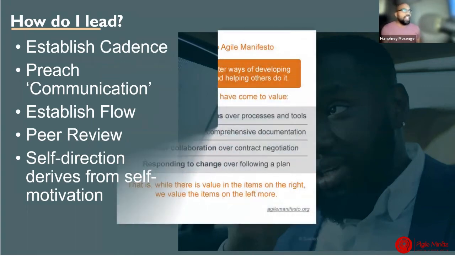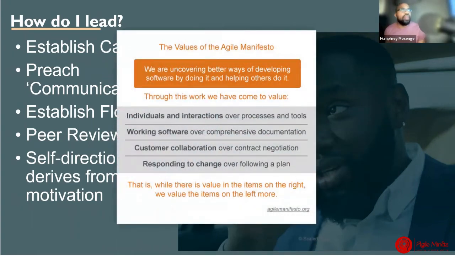And most of the stuff, again, is derived from the Agile Manifesto. Basically, like it says here, we are uncovering better ways of developing software by doing it and helping others to do it. Individuals and interactions over processes and tools, working software, customer collaboration over this, responding to change over following a plan. And there are others, but again, what I wanted to show here is that a